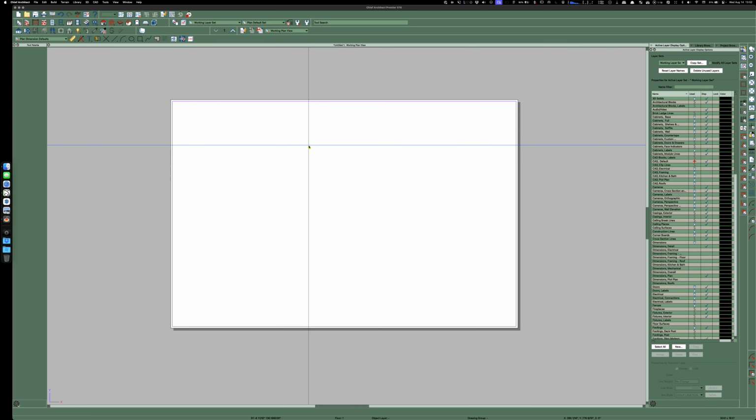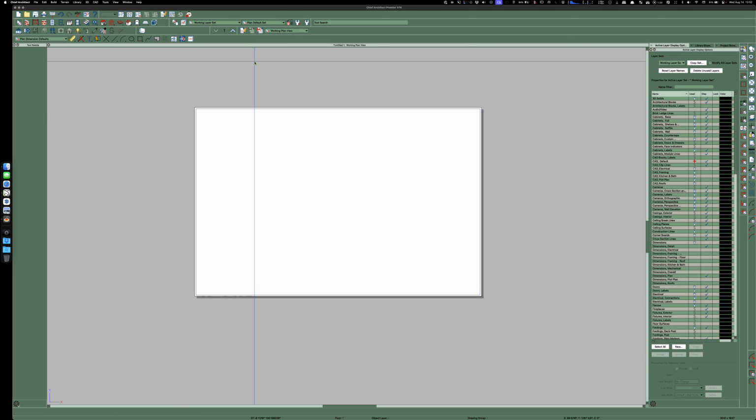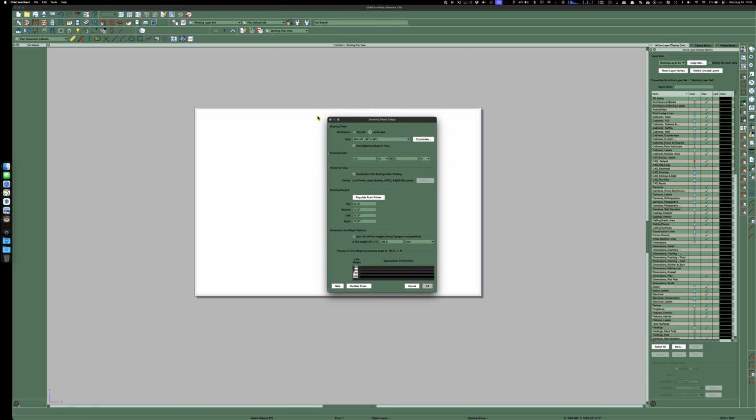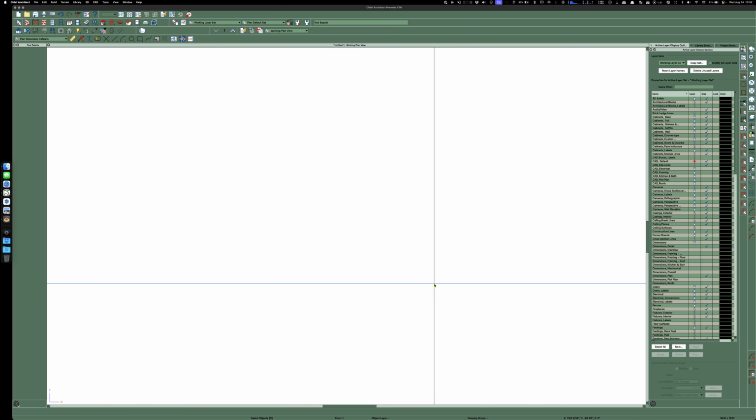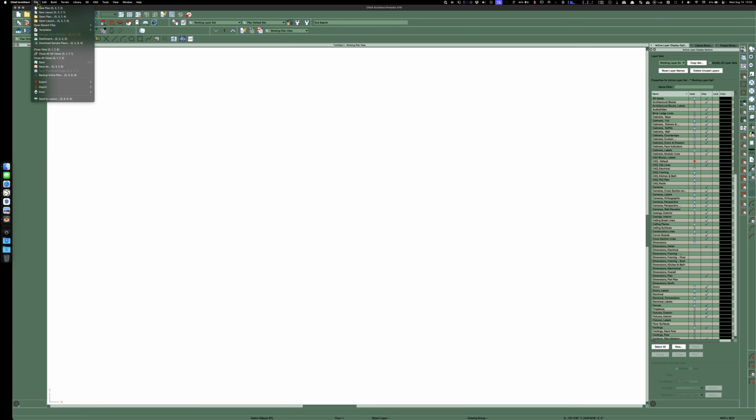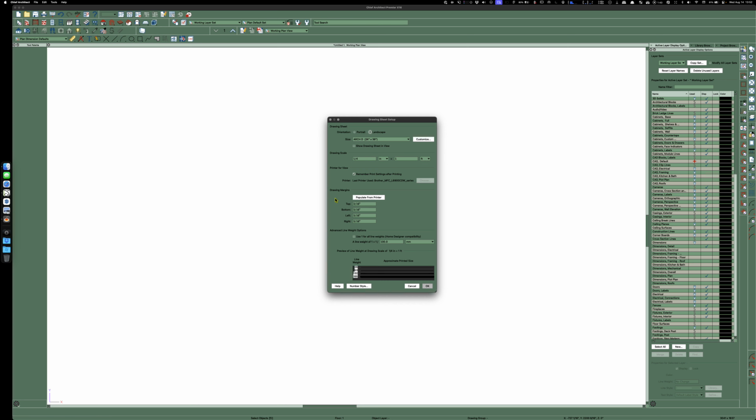Okay, so this is a blank plan, and the reason why it is shaped like this, some people like to do this, some don't. Under drawing sheet setup, here's how your normal plan view looks. It's just a big white page. But some people, if you know what size sheet you're going to use, come into print drawing sheet setup and just check this box right here. And then what it shows you is the 1-to-1 scale